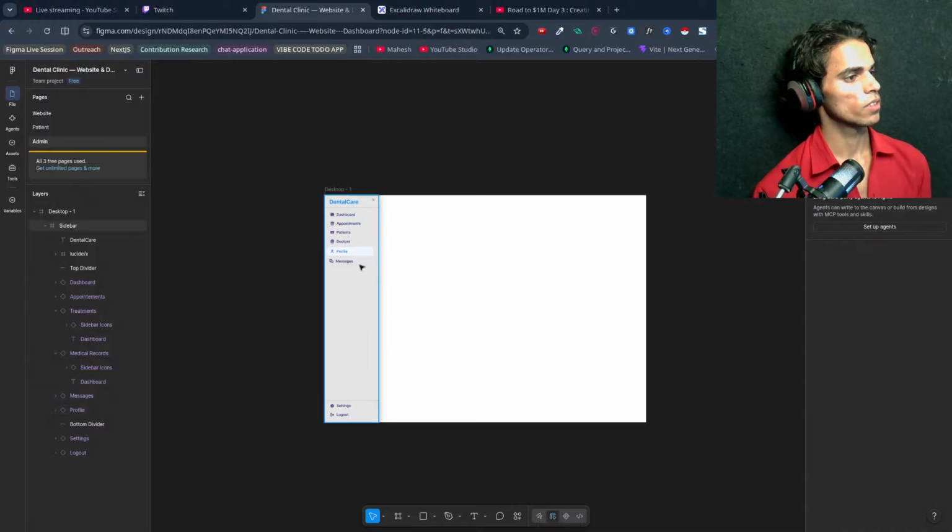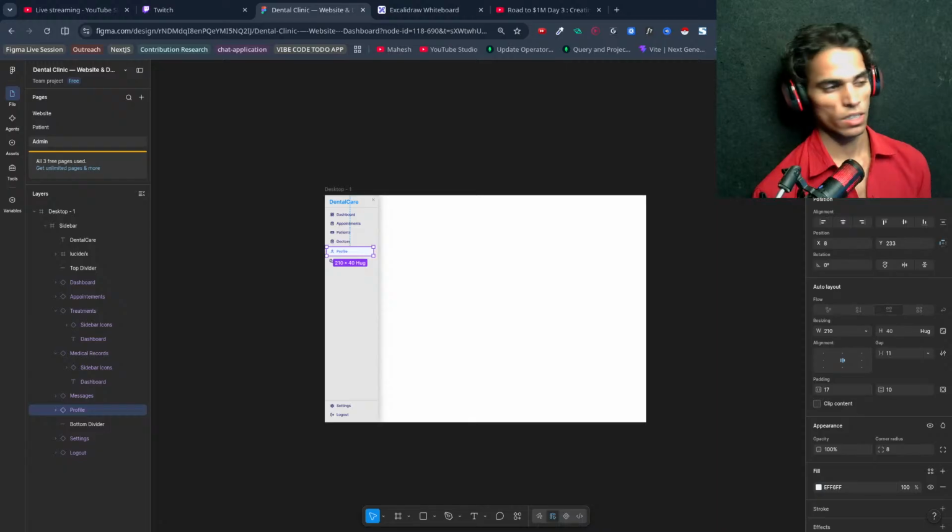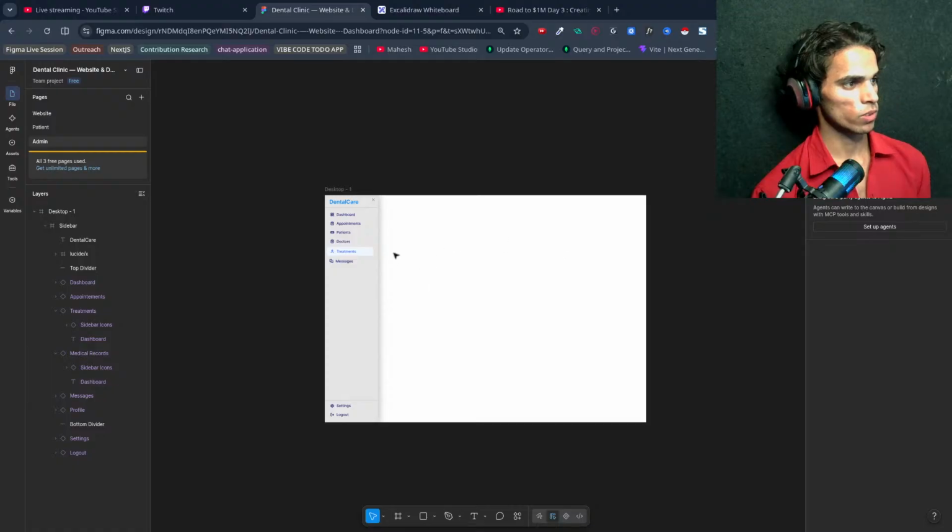After doctors we will have treatment, so let's change this to treatments, and then we will have messages and then settings and logout. Yeah, this is what we will have inside the admin page.